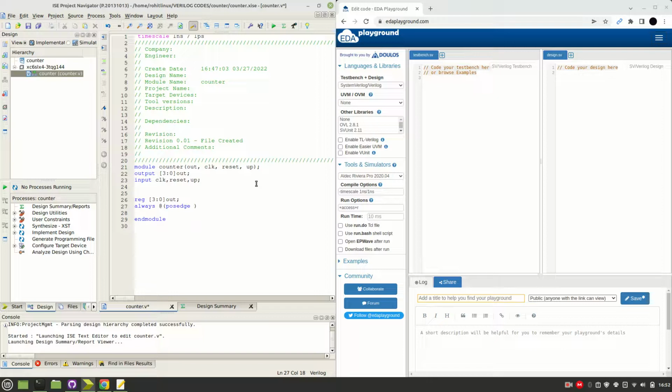Always at posedge of clock, it is a synchronous reset. That's why we are not writing reset here, we are just checking the clock initially. So begin, always at posedge of clock. You can just maintain the indentation just for good looking purpose. So what we need to do,